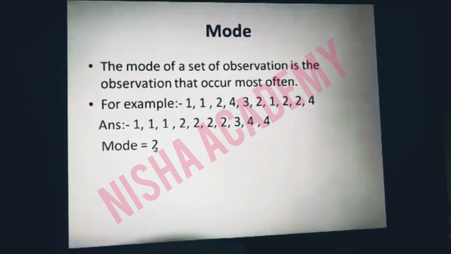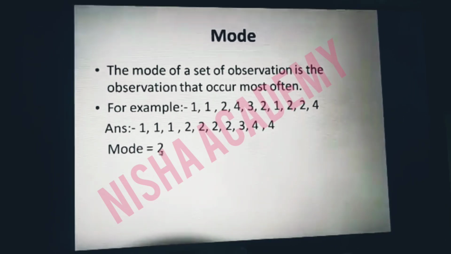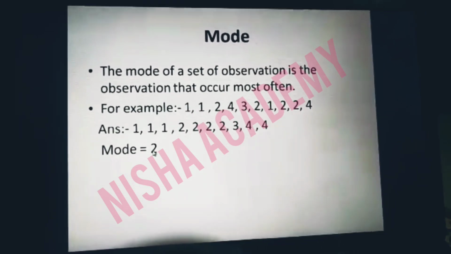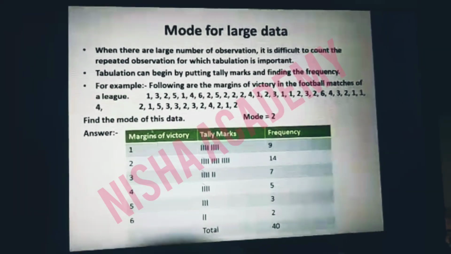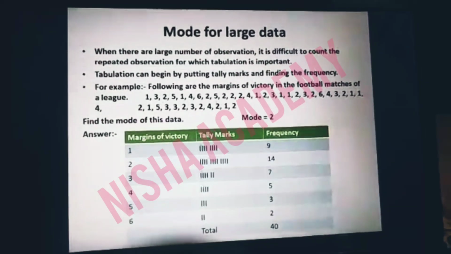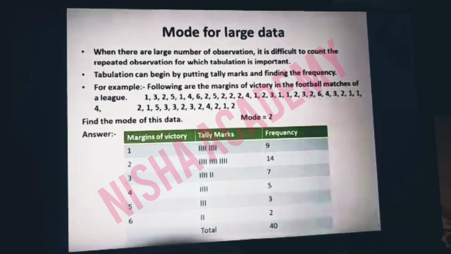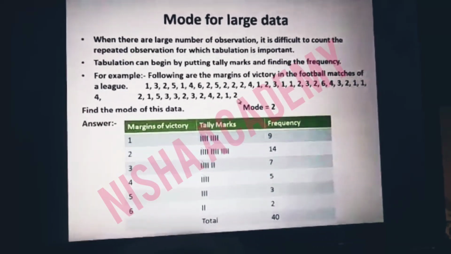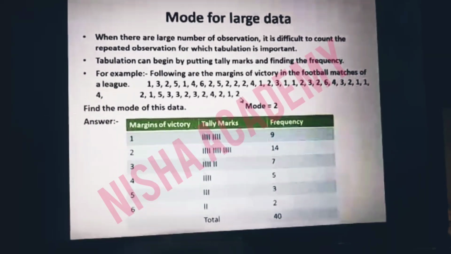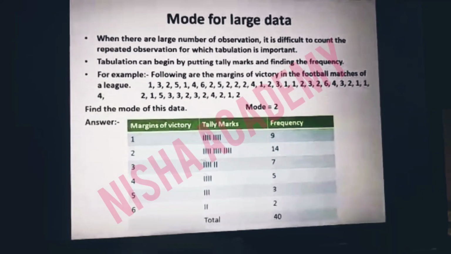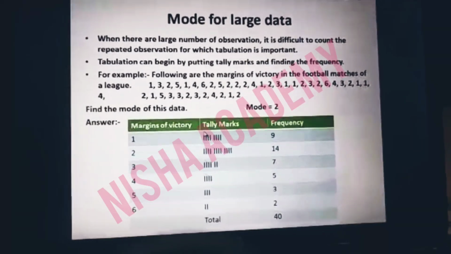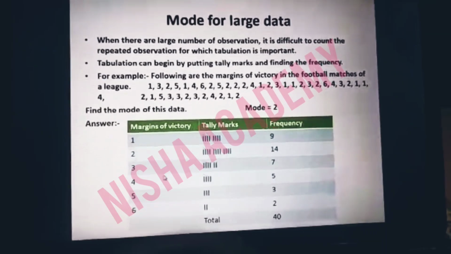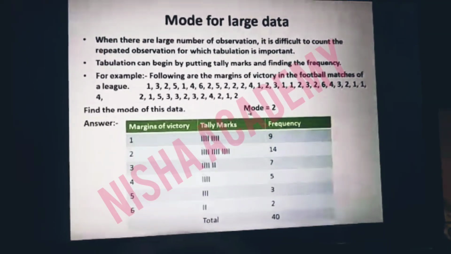Now this mode is easy for data which is not so large. Some data are only given, but if the data is very large, like here, see there are so many data, then how will you arrange them and find the median and mode? It will be very tough. For that you need to form a table like this. Whichever numbers are represented here, mention here and form a table.